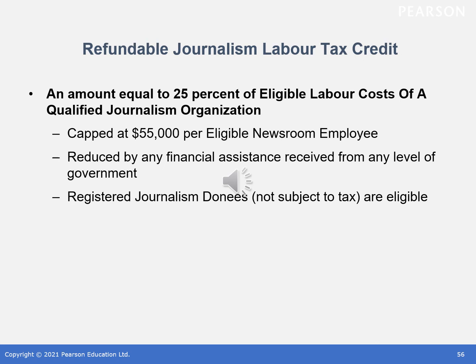The last credit we'll talk about in this chapter is the journalism labor tax credit, where it's equal to 25% of eligible labor costs of that qualified organization. It is capped, however, at $55,000 per eligible employee, reduced by any financial assistance from any level of government, and other eligible